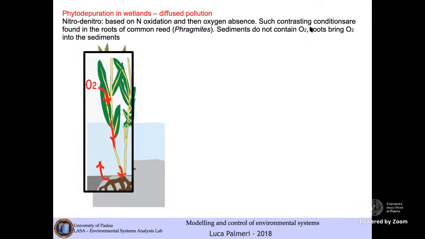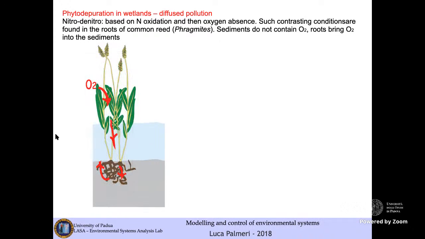Generally, sediments do not contain oxygen. Instead, oxygen is brought down by roots of the phragmites or by roots of the reeds. You may say, for example, we may describe this process by saying that the roots transport oxygen, but it is obtained by photosynthesis down into the root system, and it is into the root system that you have the coexistence of the nitro-denitro conditions, processes that are responsible of